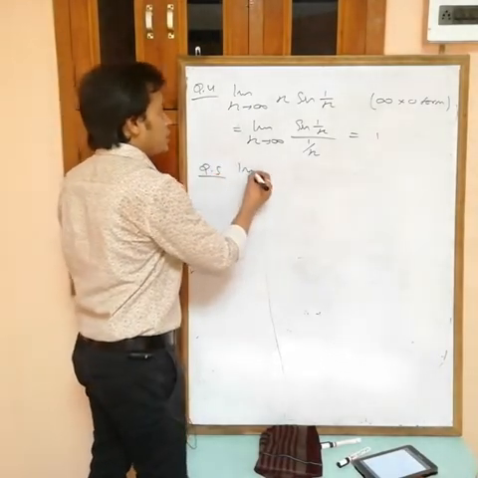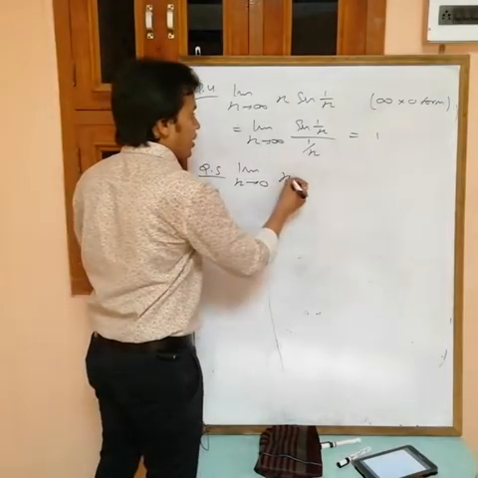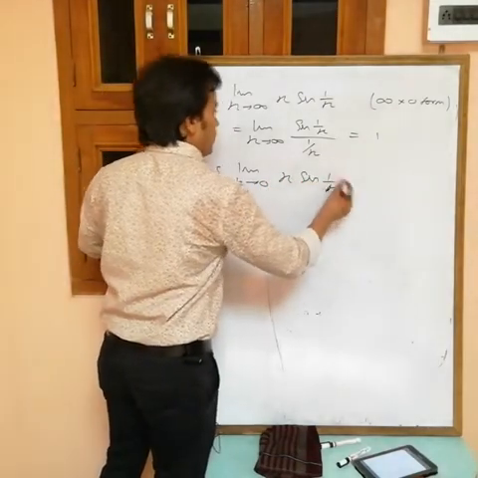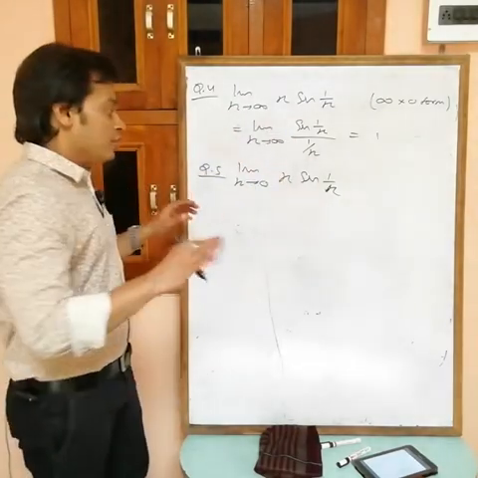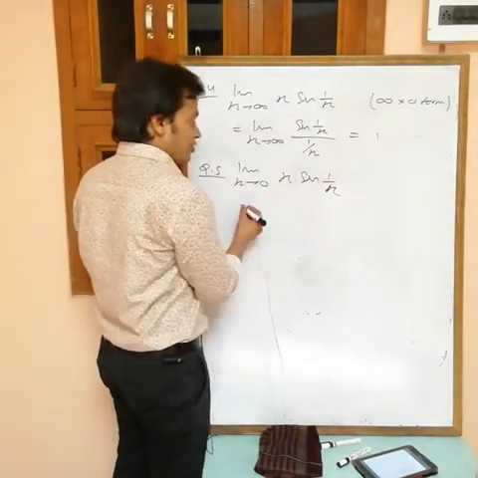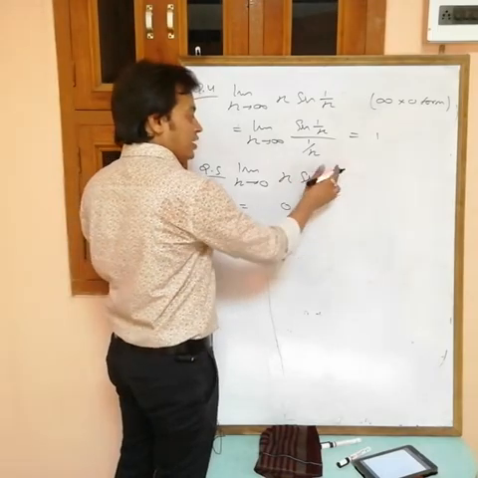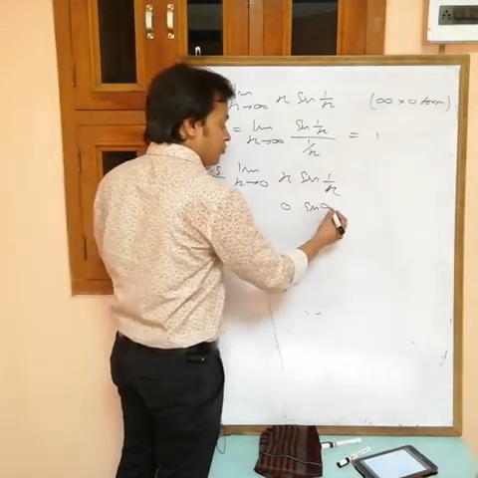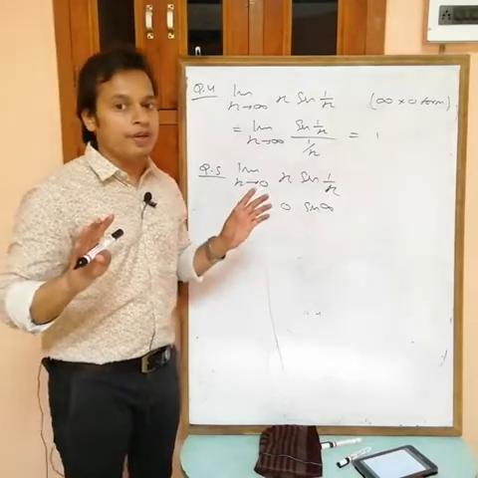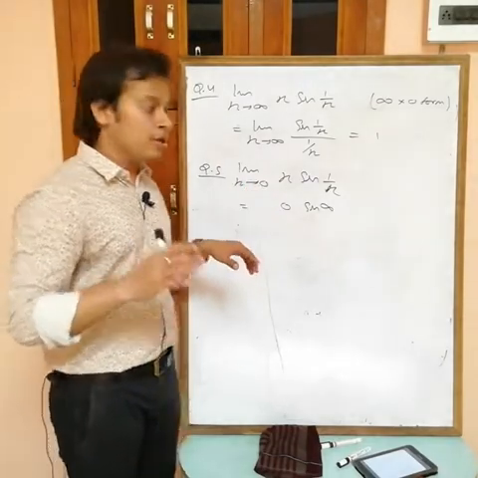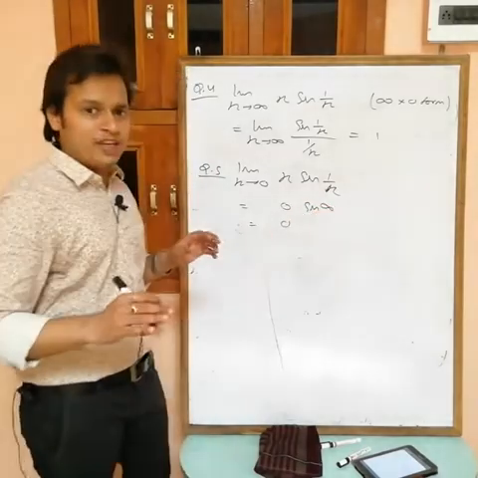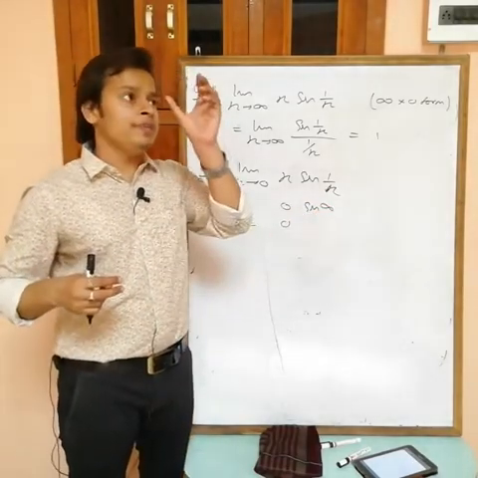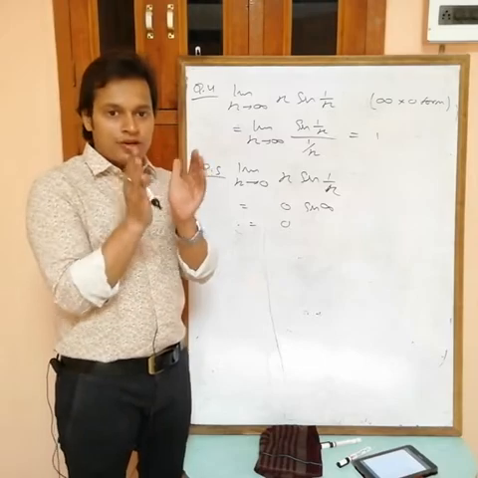With this one also I am writing one thing, x tending to 0, x into sine 1 by x. Same thing, but here x tending to infinity, here x tending to 0. Now if you put x tending to 0, then what we are getting? 0, and sine 1 by 0 is sine infinity. Now this is not indeterminate form, this is determinate form, because for any value of x, sine can't be outside the -1 to +1. This is bounded value.